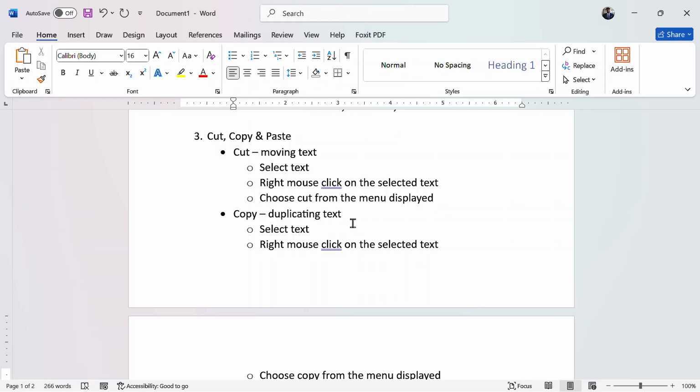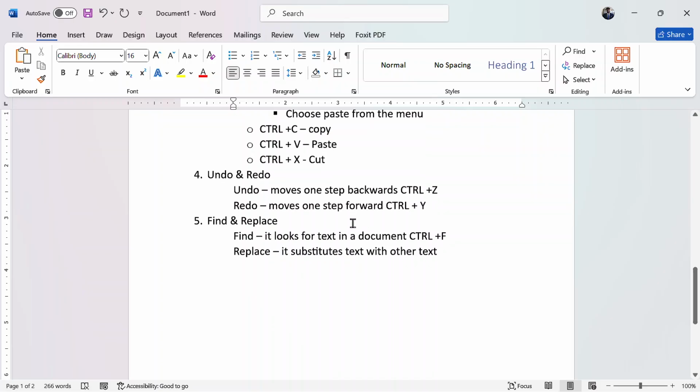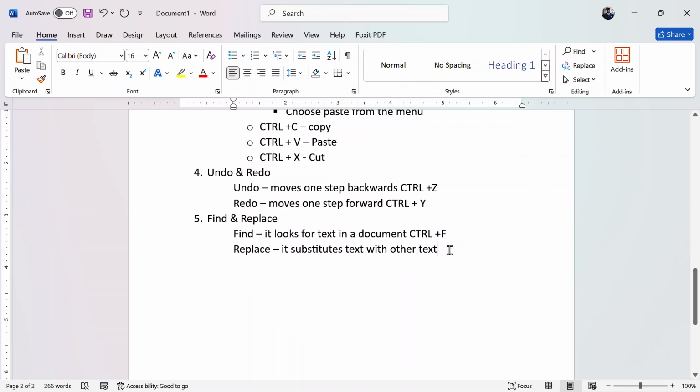You can use a shortcut called Control plus H. This launches the find and replace dialog box, and this dialog box will help you find what you're looking for and then put what you want to replace the word with.